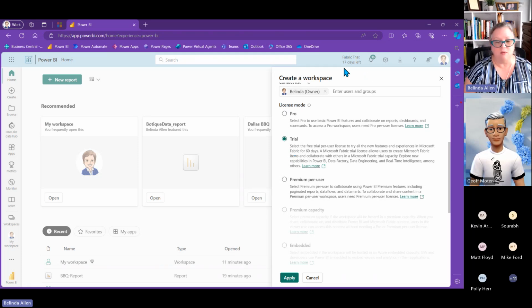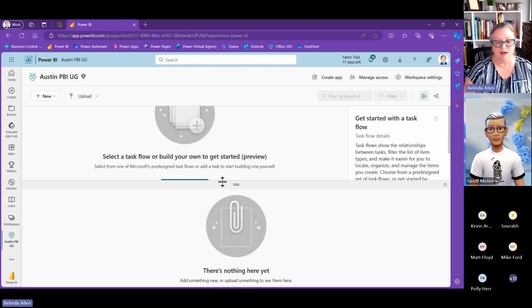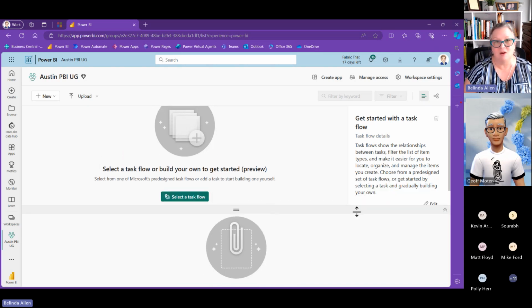And if you're using the trial, my trial drops off in 17 days. They left it on for a long time. But if you're using the trial, a couple of things I want to point out. Every workspace you create since you got the trial is going to be set up for a trial. So if you don't mean for it to be trial, then come in and select the appropriate one. So check it out, because everything will default to the trial. This trial is the Fabric capacity. So I'm going to select the trial capacity and then go ahead and click on OK. So now I have this nice empty workspace, nothing going on in it.